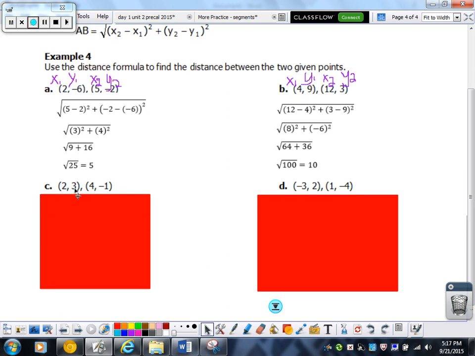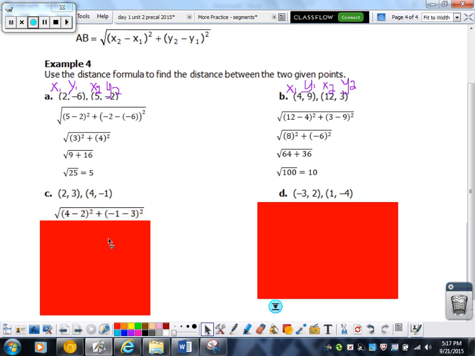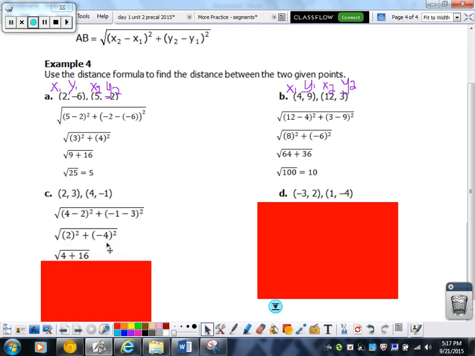For part C, once again, we're still using our same formula because we're still looking for the distance. Plug in my x's, 4 minus 2 squared plus negative 1 minus 3 squared. 4 minus 2 gives me 2 squared, and negative 1 minus 3 gives me negative 4 squared. 2 squared is 4. Negative 4 times negative 4 is a positive 16, and that gives me the square root